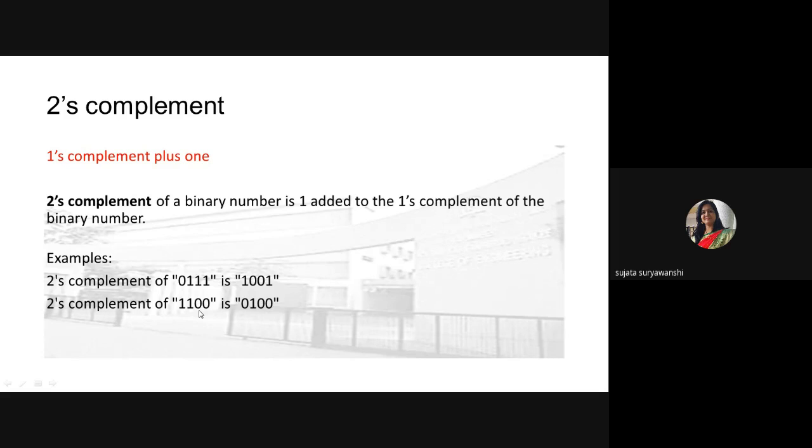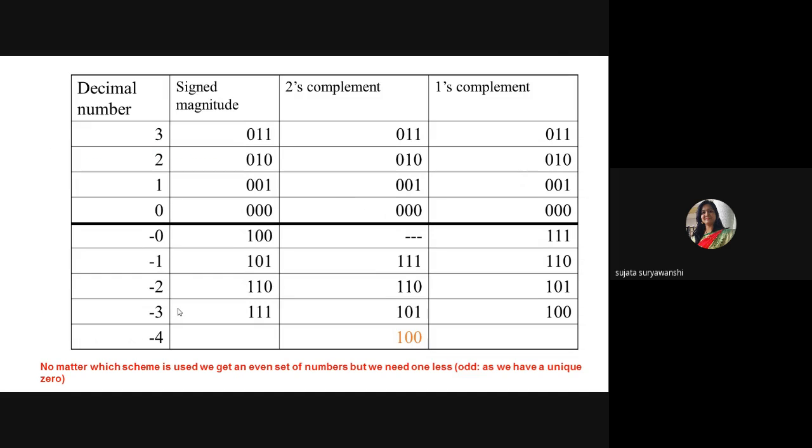So 0 is there, so write down 1. 1 is there, so write down 0. Again 1 and 0. So your equivalent 2's complement of the given binary number is 01001010. Understood? Yes, everyone getting this? Yes, ma'am.